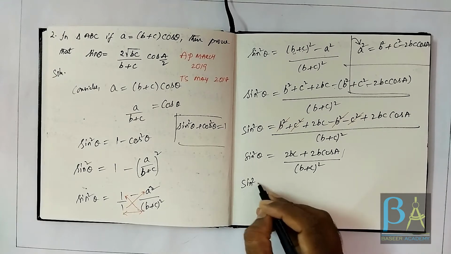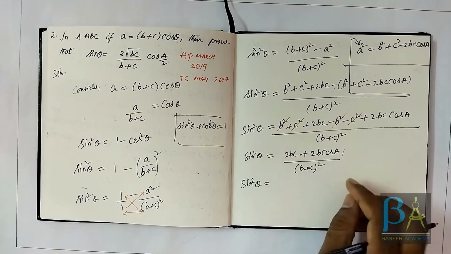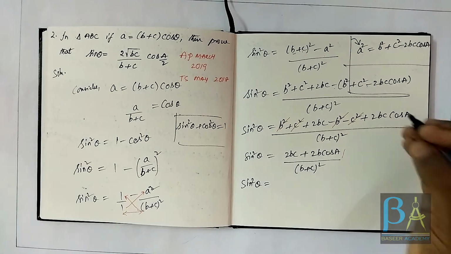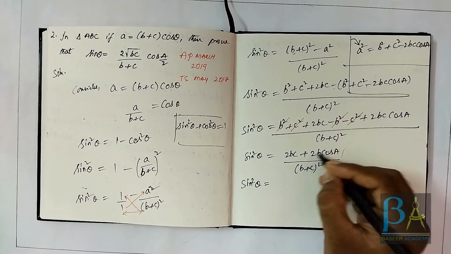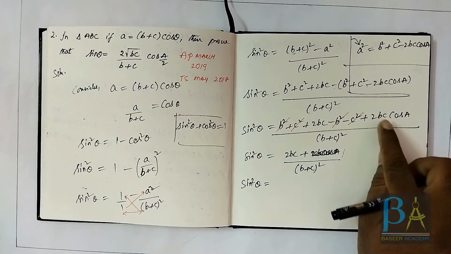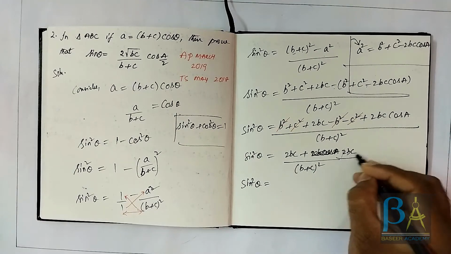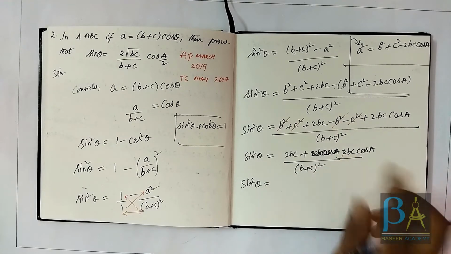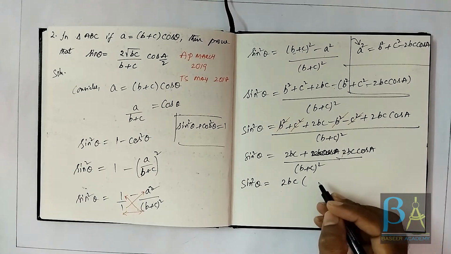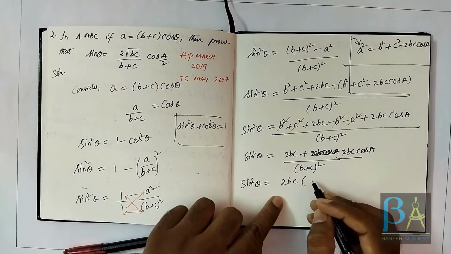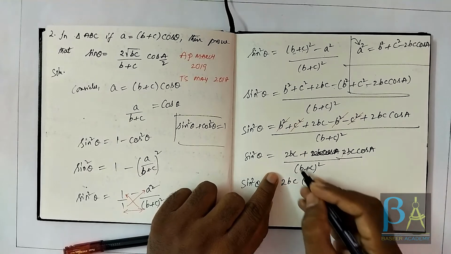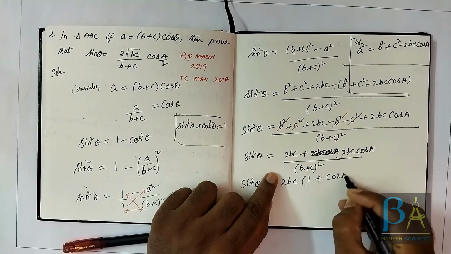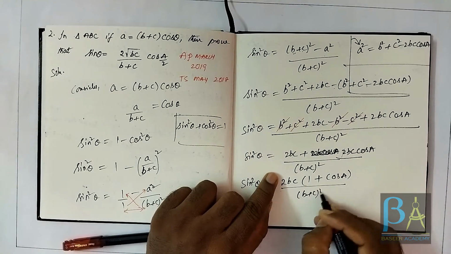Now what we can do here, I see that in the first term I have 2BC, and in the second term also I have 2BC, 2BC cos A. My bad, this is not just 2B cos A, this is 2BC cos A. So let me write 2BC cos A. You would see here in the first term I have 2BC, and in the second term also we have 2BC. So let us take 2BC common. If I take 2BC outside from the first term, I'm left with only 1, because 2BC into 1 is 2BC. And if I remove 2BC from the second term, I'm left with only cos A by B plus C whole square as it is.